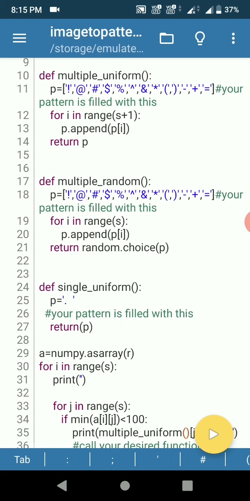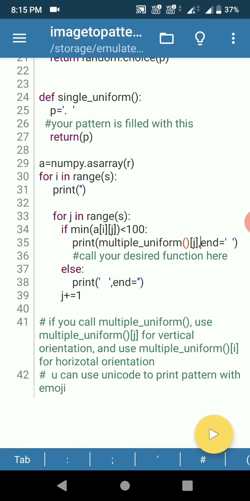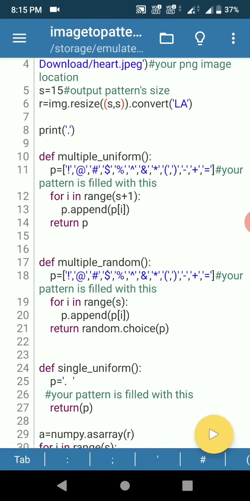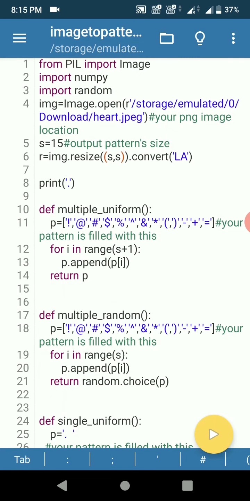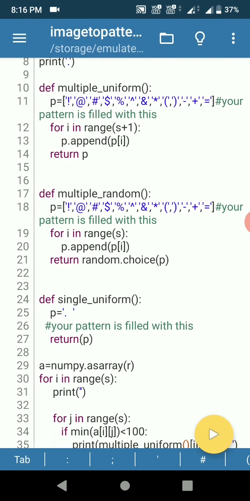I don't want to show a demo for each of them. As in the single uniform, you can copy that pattern and paste it to social media. It will be all right. If you have any problem, mention me in the comments.